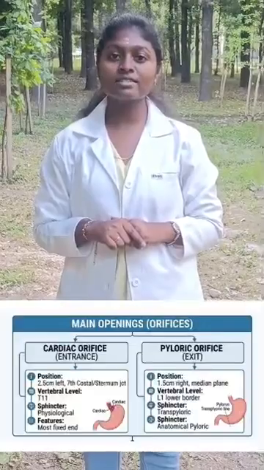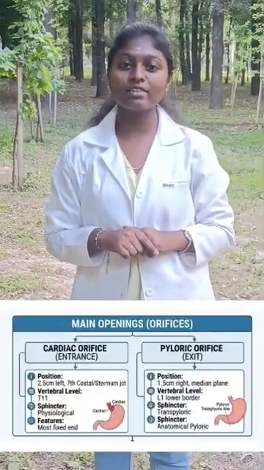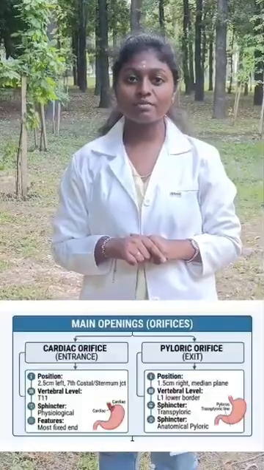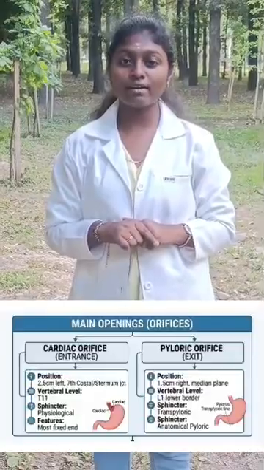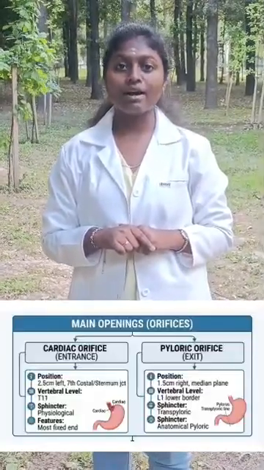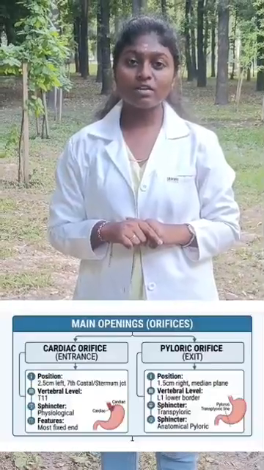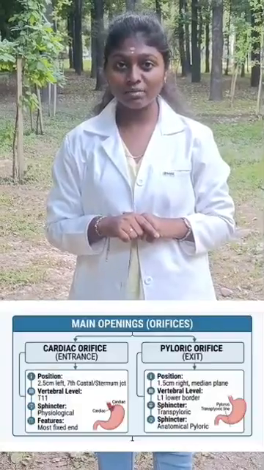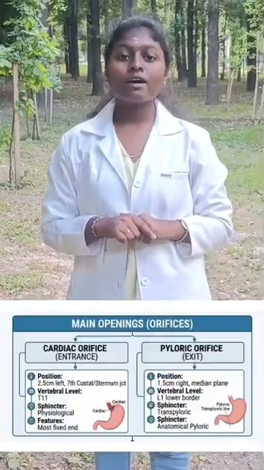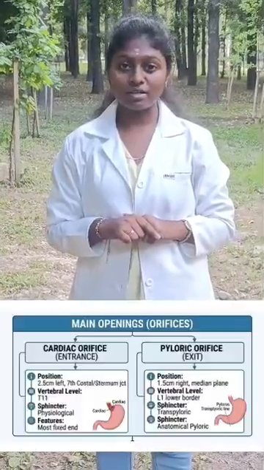At its entrance sits the cardiac orifice, which is 2.5 cm left of the 7th costal cartilage and sternum junction at the T11 vertebra, which is the fixed end of an organ that relies on a physiological sphincter. And its end is marked by the pyloric orifice, which is located 1.5 cm right of the median plane at the L1 vertebra, left of the transpyloric plane, which features the true anatomical pyloric orifice.